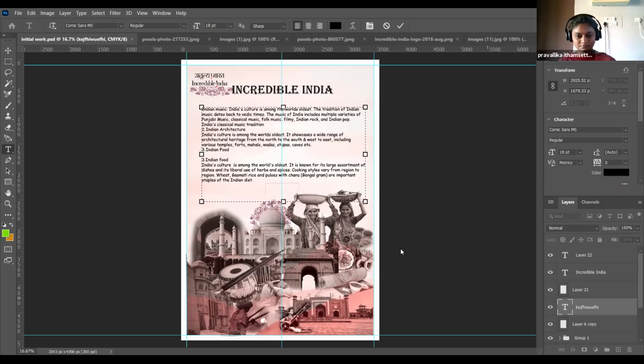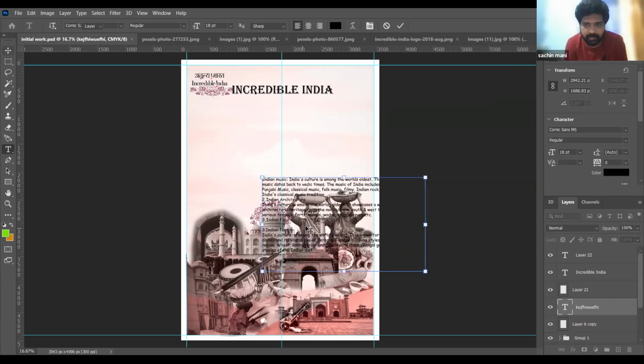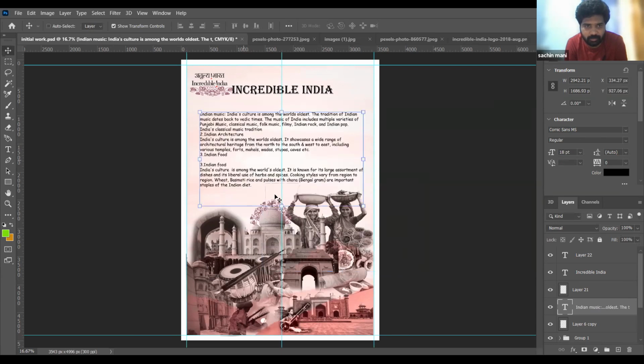Okay. And what is the font you are using? It's a normal simple font and it's an Algerian font. No, for the paragraph. Is this Comic Sans? Yes, sir. Okay, cool. Thank you.